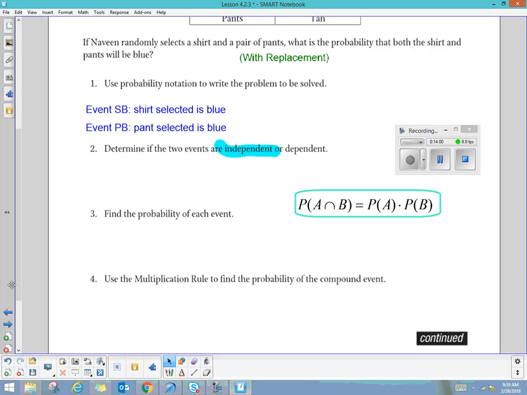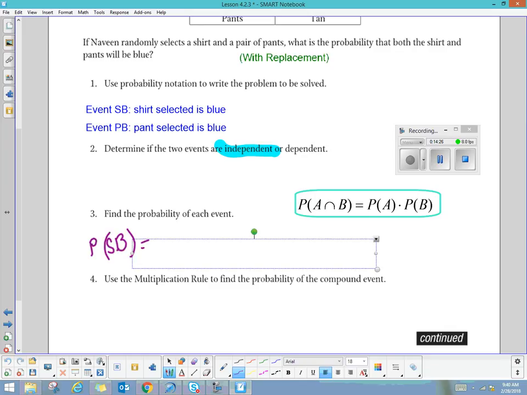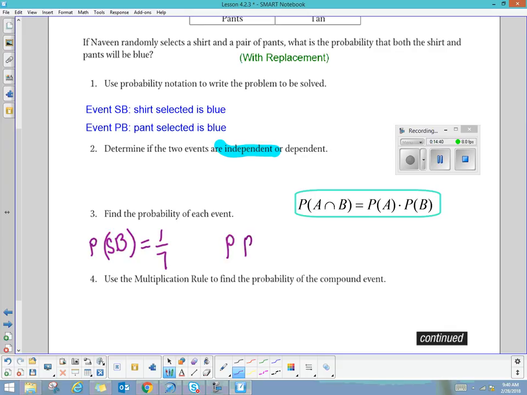Let's match this formula to look like the events that we have identified. So real quickly, the probability of selecting a blue shirt, or a shirt that is blue, is simply going to be 1 out of the 7 pieces of clothing. The probability of selecting a pair of pants that is blue,